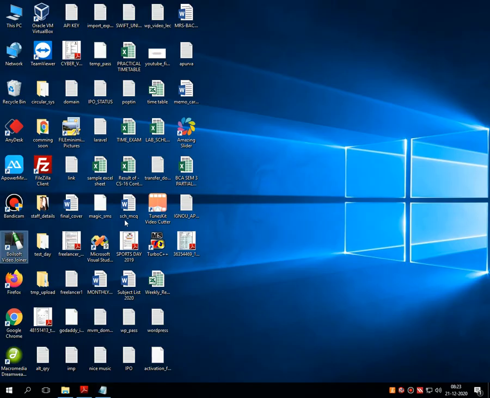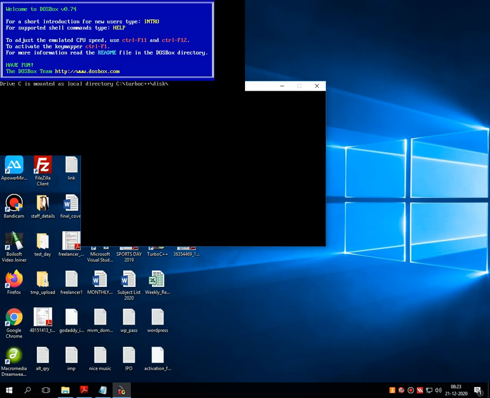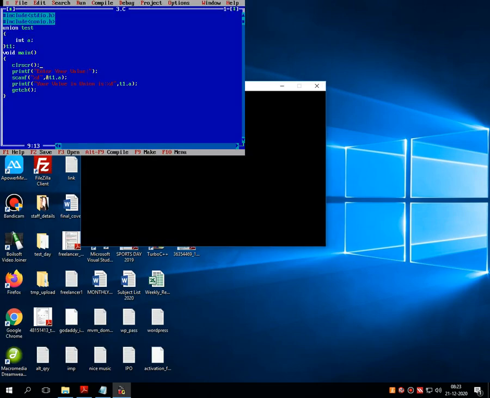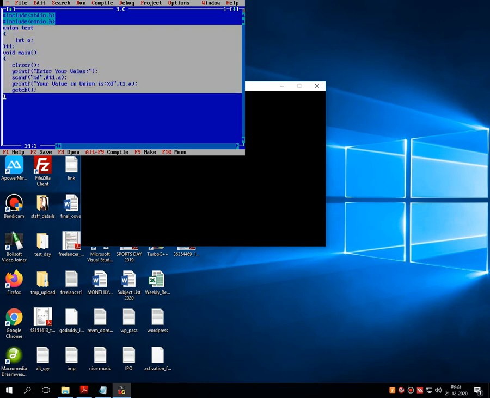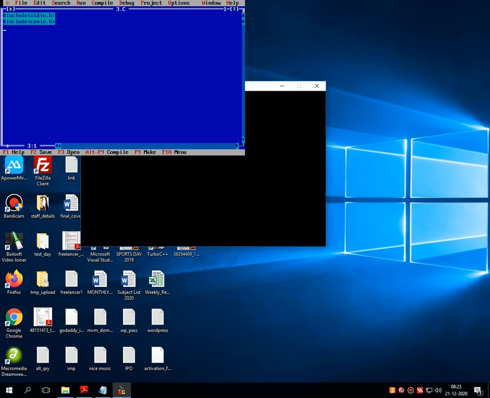Now let's start with the practical which handles the various string handling functions. So what I am doing first is writing hash include string.h in the group of library functions, and this is compulsory whenever you are using special library functions.